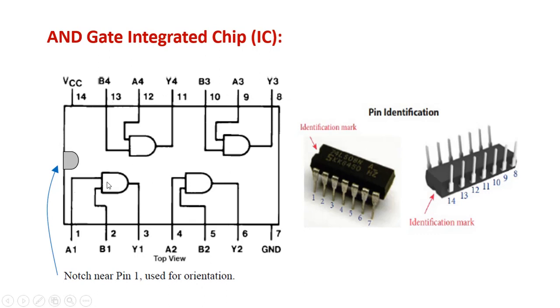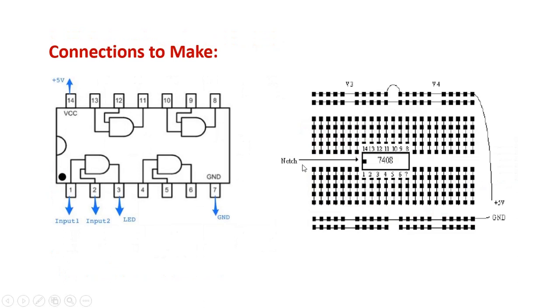So first of all you have to find this identification mark, and place this IC properly on the breadboard. Now this is your IC, and you have placed it on the breadboard. These vertical lines are shorted, but there is a gap, so there is a potential difference between these two. The ones above are power rails, because you can connect plus 5 volt to any one of these.